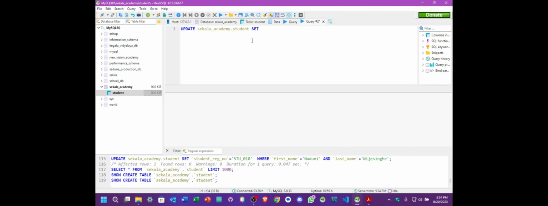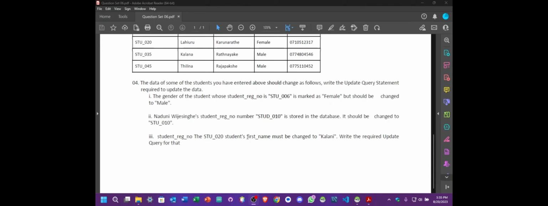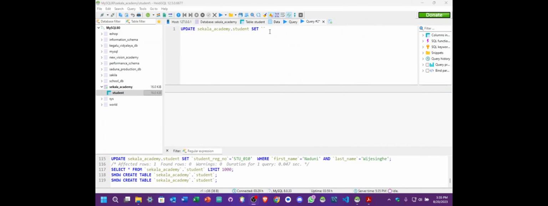We have to mention the set statement, and after that what we have to do is we have to change the first name as Kalani. So column name is first name, it should be changed as Kalani,